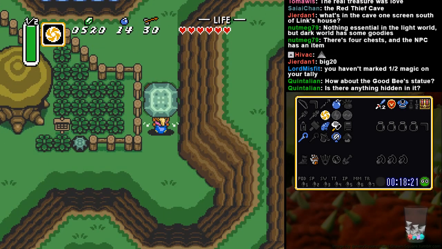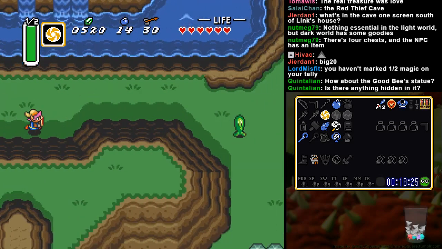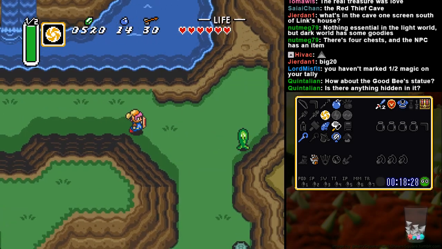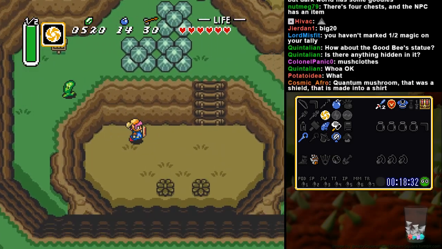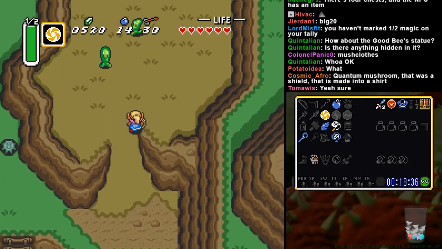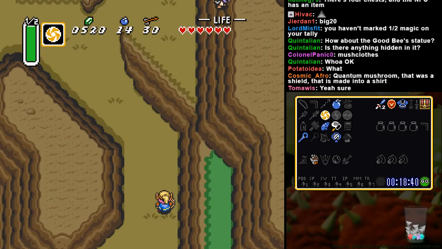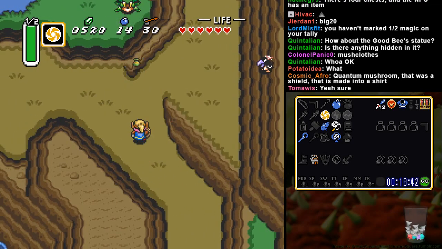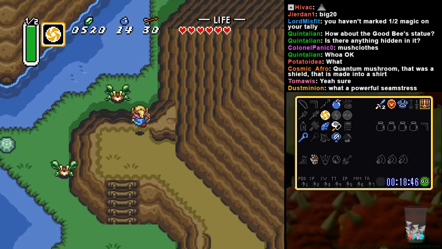Alright, this probably is gonna be a big waste of time. And to be fair, that's almost always the case whenever it comes to Zora, but let's go and give it a shot. Yeah, yeah, Quantum Mushroom, it's a shield that was made into a shirt. But yeah, in order to get...